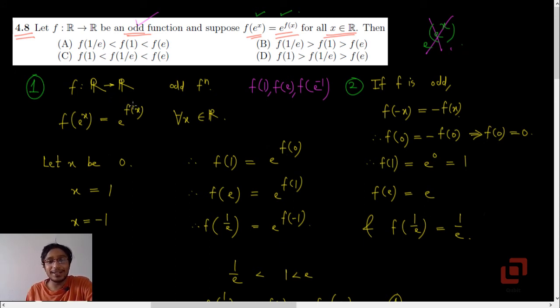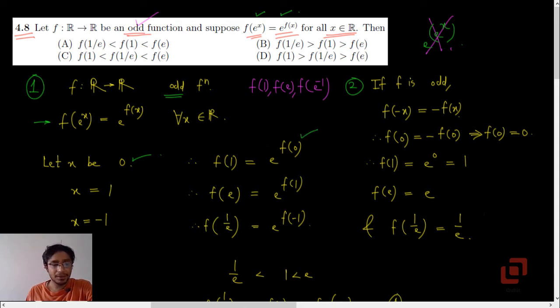See, there is no need to write the data in the actual examination, just if you use it correctly, then it's fine. So what I first did is I substituted x as 0. We are free to take any real value, because it's defined for all real values of x. So if you let x be 0 and substitute it in the functional equation that we have, then e to the power 0 will be 1. So f of 1 will be equal to e to the power f of 0.